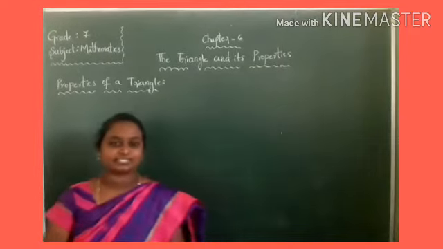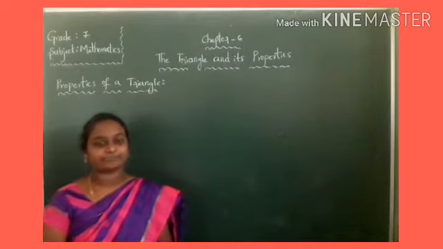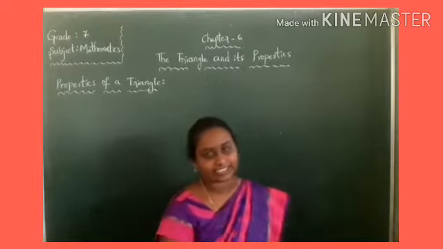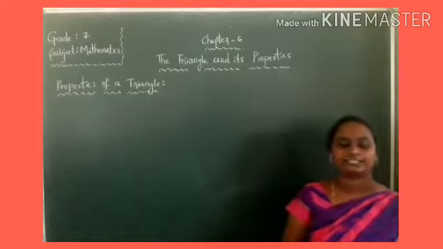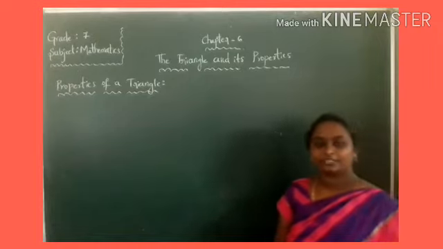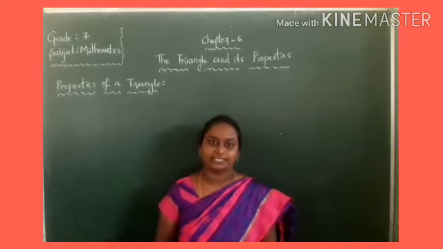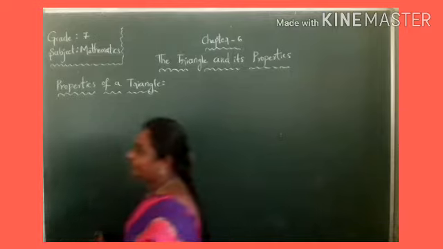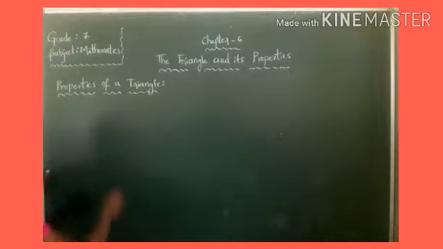In the last class, what did you learn? Yes, the properties of a triangle. Tell me the property of a triangle. Exterior angle is equal to the sum of its two interior opposite angles. Okay, so today you are going to learn one more property, that is